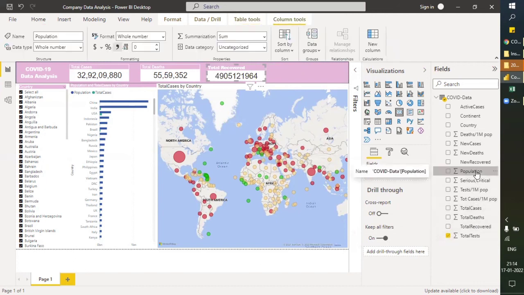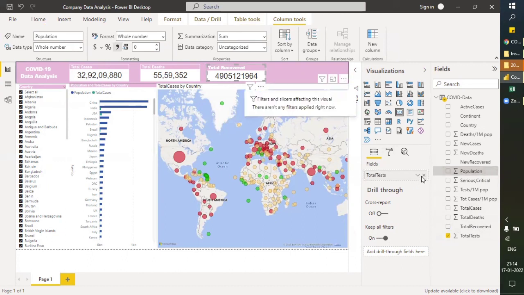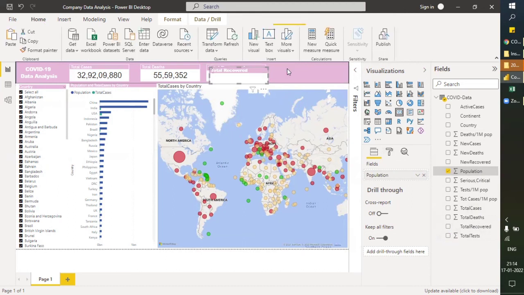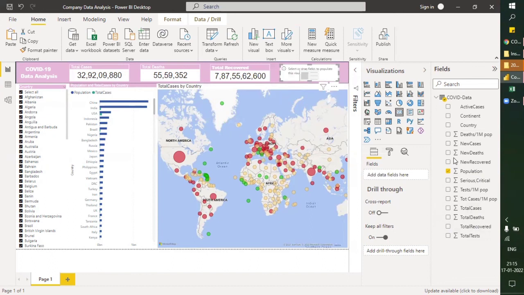Let's add total population. Yes. And total deaths, and we still have space to add one more, so we can just add it here. Here we can have active cases.